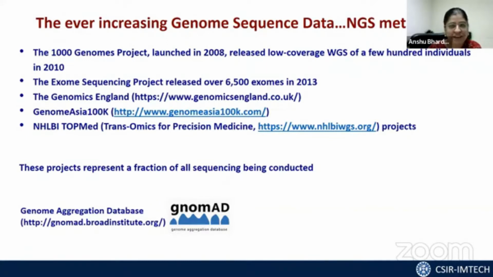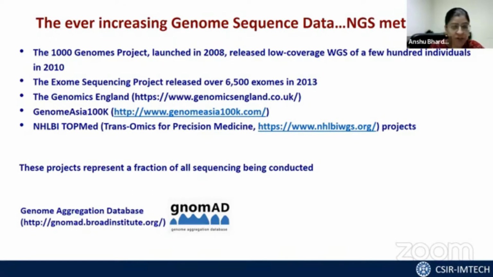It is very critical right now for students who are basically deciding on a research objective. Try to learn data analysis, because you actually have a lot of data available that needs to be analyzed in context of what is now disease associated among all this plethora of sequence that you see. And the starting resource that I would recommend to all of you is GenomeAD. So Genome Aggregation Database is trying to aggregate all the genome sequencing projects at one place. So you don't have to wander around several places for this kind of data. So you can go to GenomeAD for that reference.